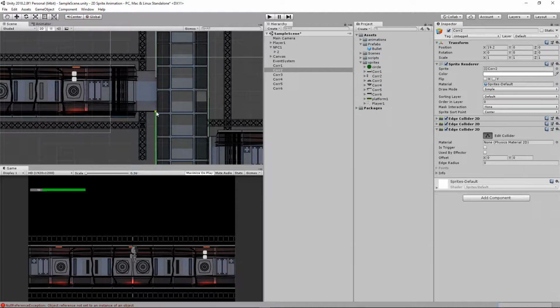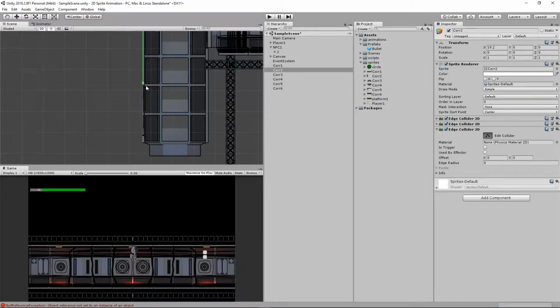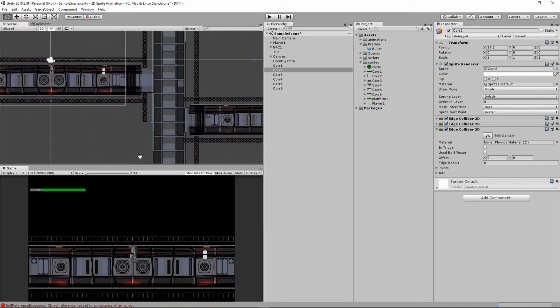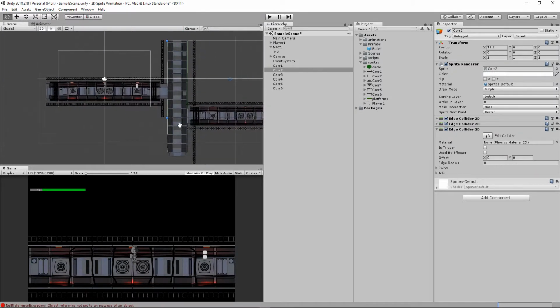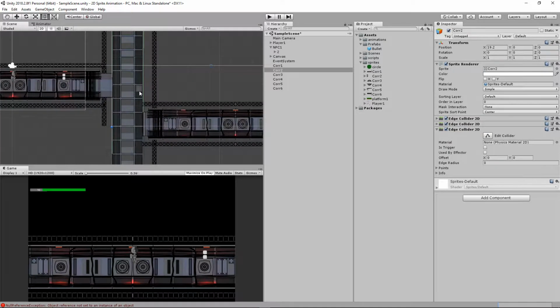Now I'm not going to finish this and do all the other panels because it'll be a bit laborious and tedious for you to watch. But you get the idea. So I just want to show you that you can have as many edge colliders as you want on a single panel. And by going through all the different panels, I'll be able to create, you know, where my character can and cannot navigate. So for now, the next thing that I want to do is I want to add in